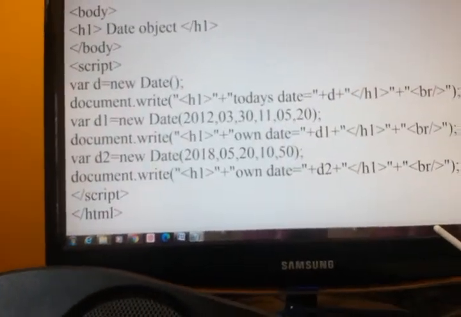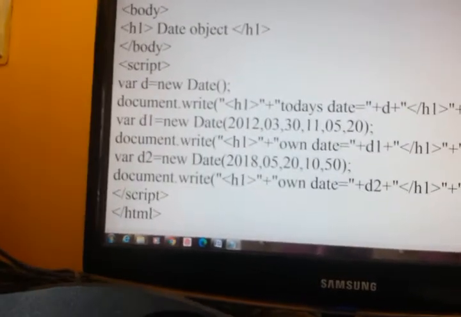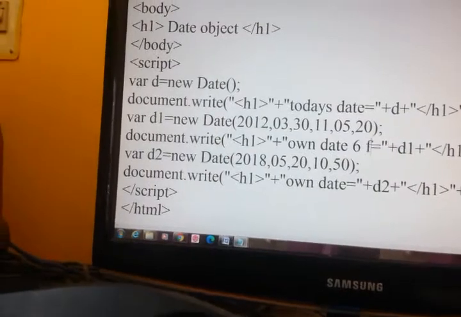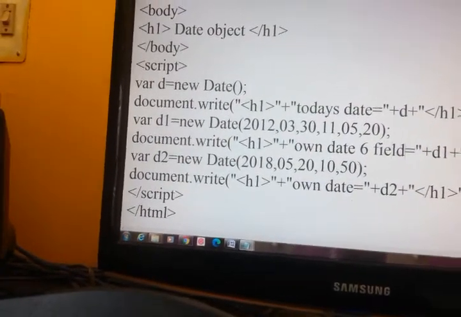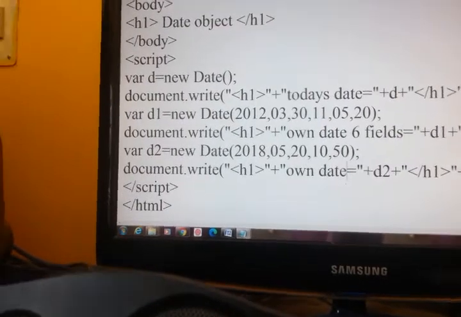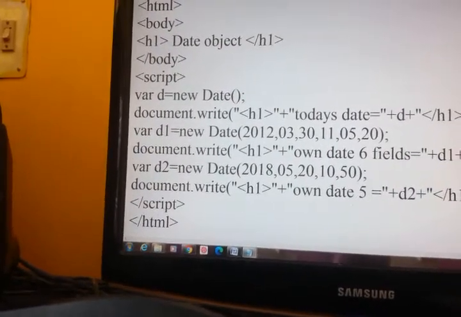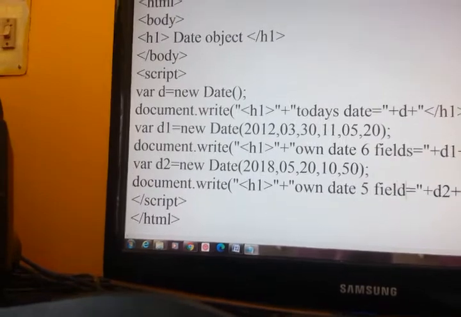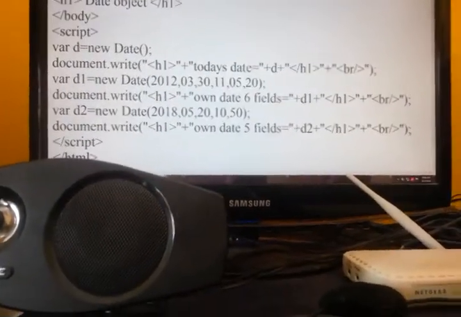This is 6 fields. This is 5 fields. Now we'll go for 4.